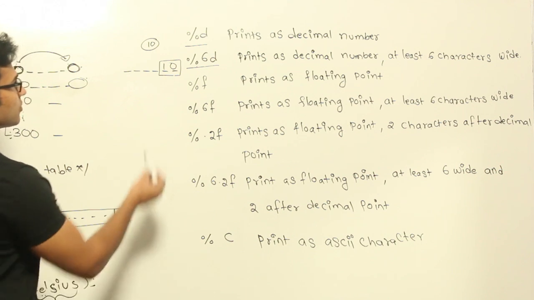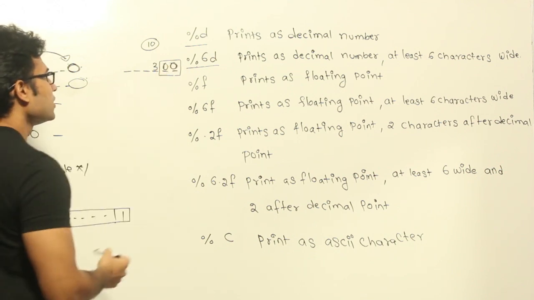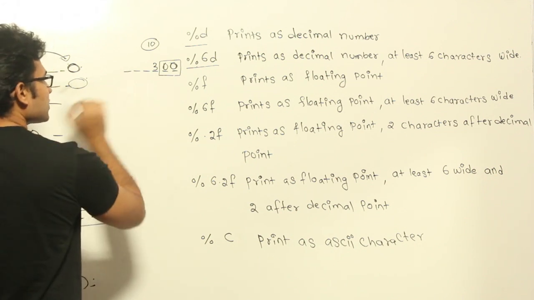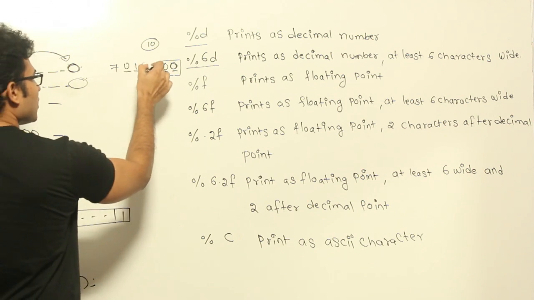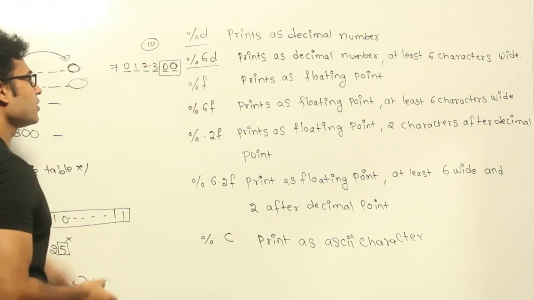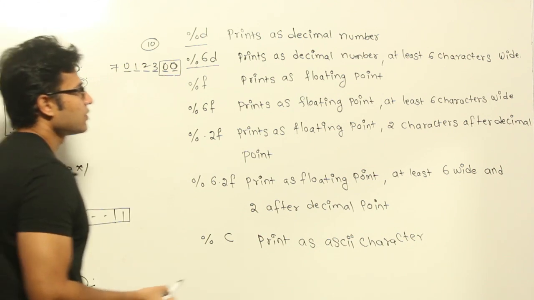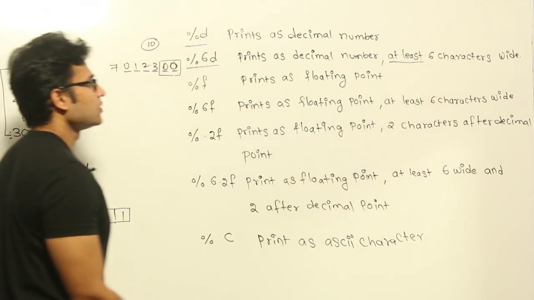Now if 300 has to be printed, then 300 will be printed like this, and you are going to see three blank spaces before it, right? Now if the given number is more than 6 characters, let us say 70123 or some number like this, but you have given only %6d, then it is going to take up more than 6. So if you observe it, at least 6 will be used, and if required, even more characters will be used,